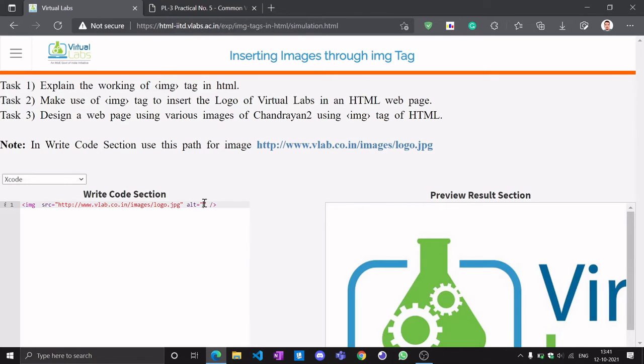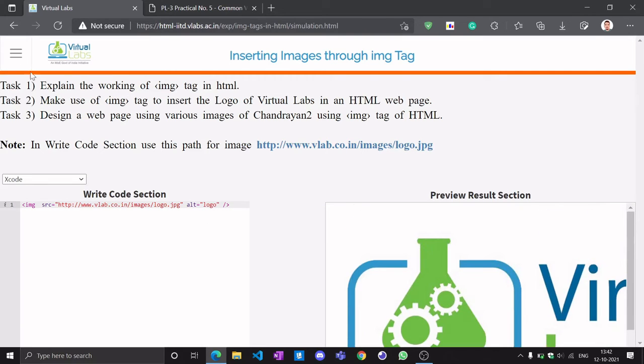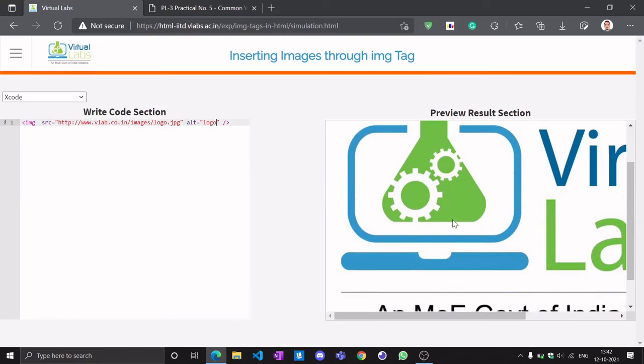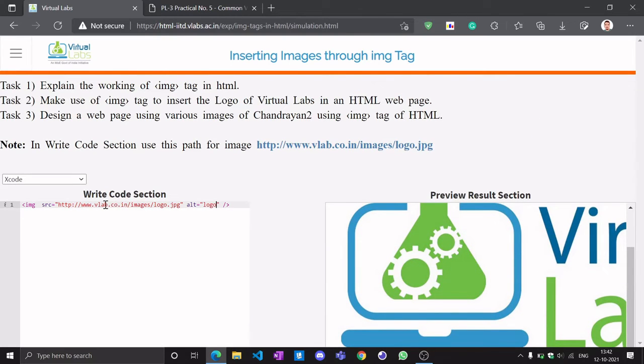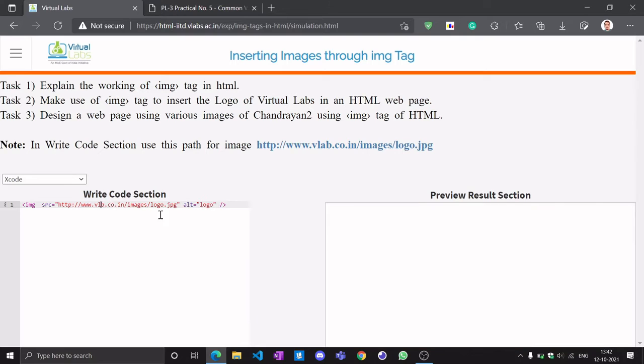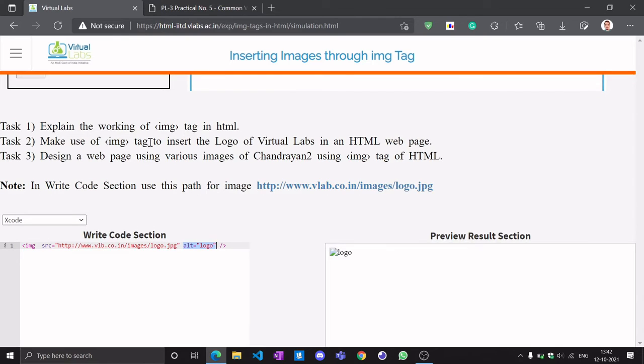And yeah, we can see that it is getting loaded. It is this virtual labs logo which is located there. And if we make some mistakes in the URL, we can see that it is not loaded and this alternative text is shown. So this is the basic use of the image tag.